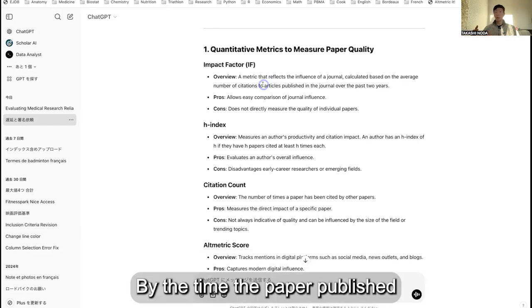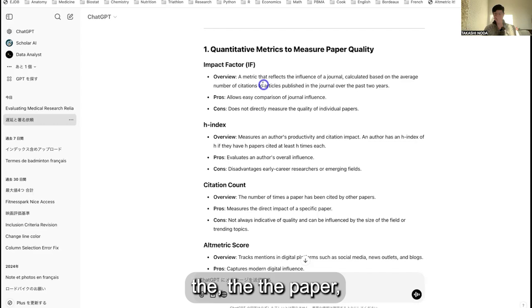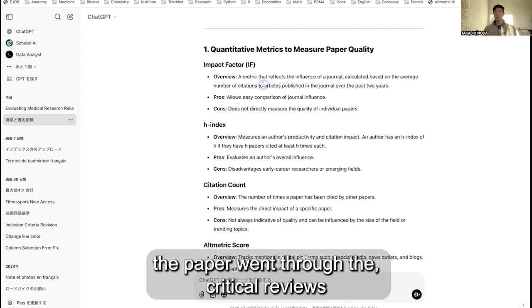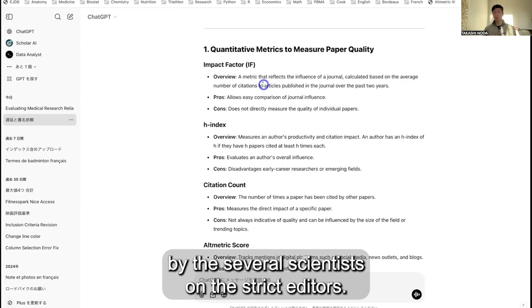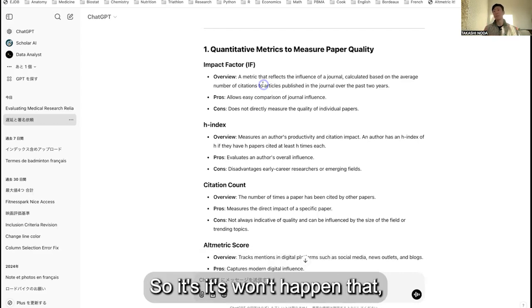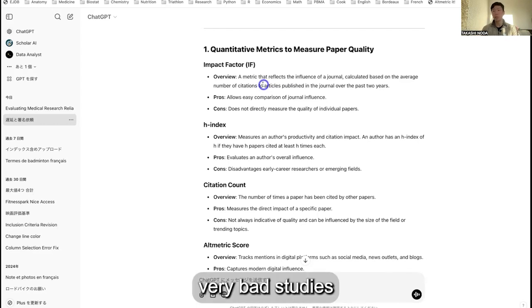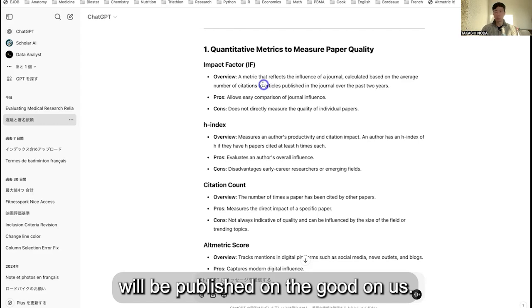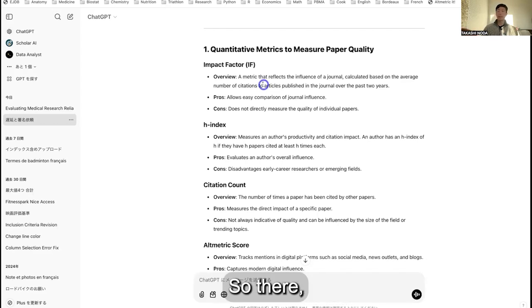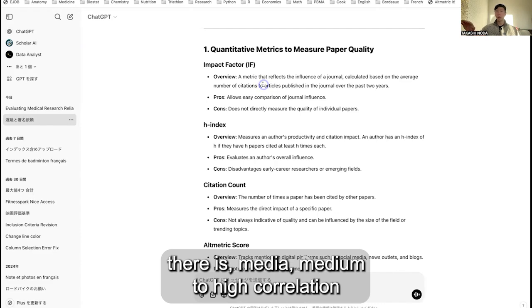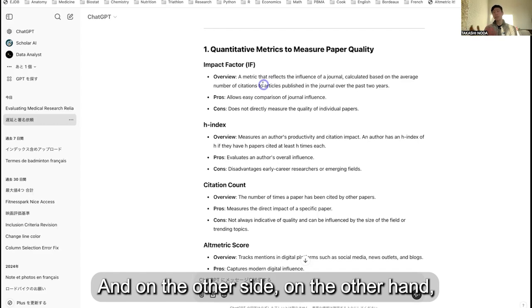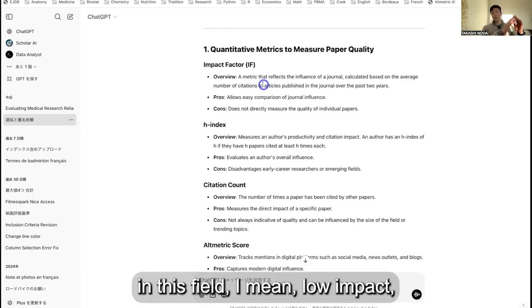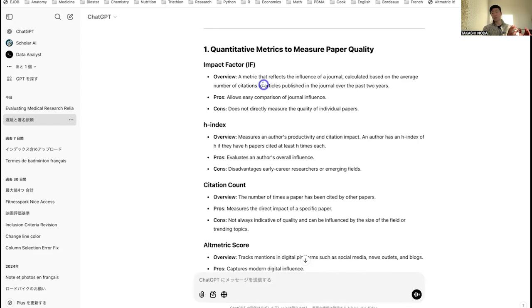By the time the paper is published, the paper has gone through critical reviews by several scientists and strict editors. So it won't happen that very bad studies will be published in good journals. So there is a medium to high correlation between the quality of the paper and the reputation of the journal itself. And on the other hand, in the low impact domain,